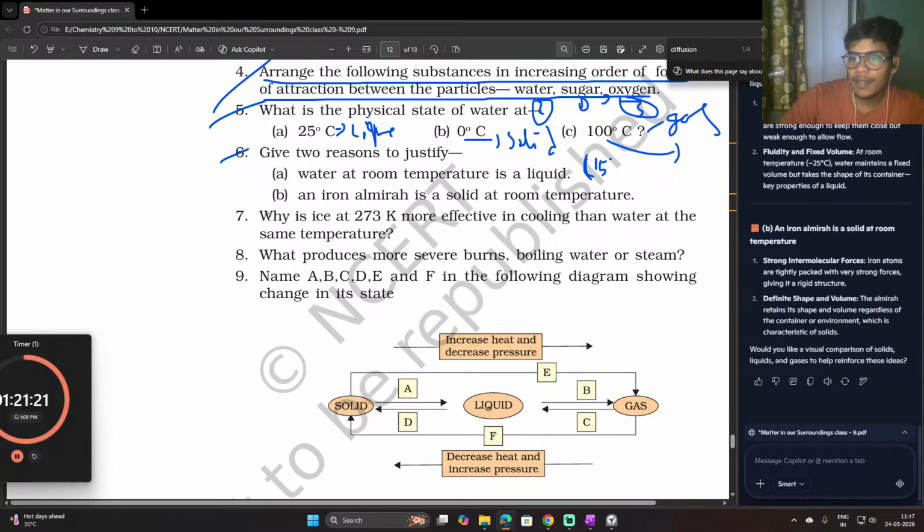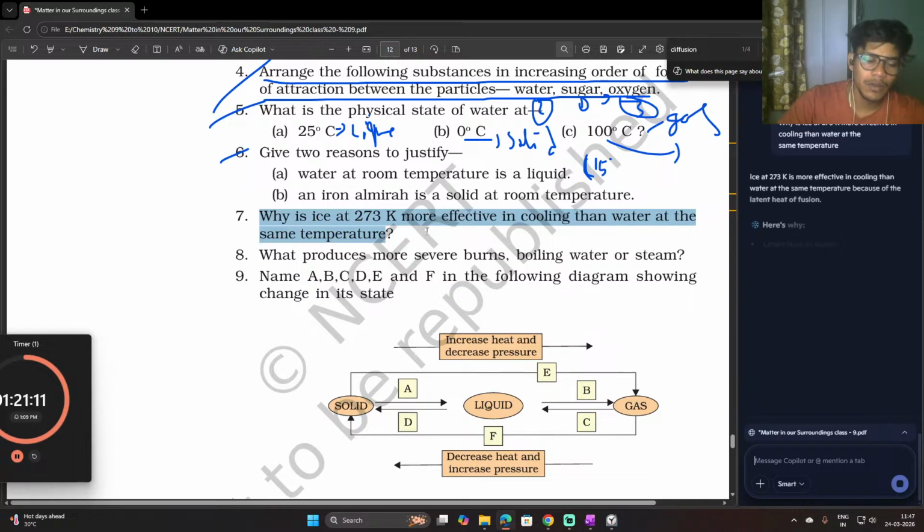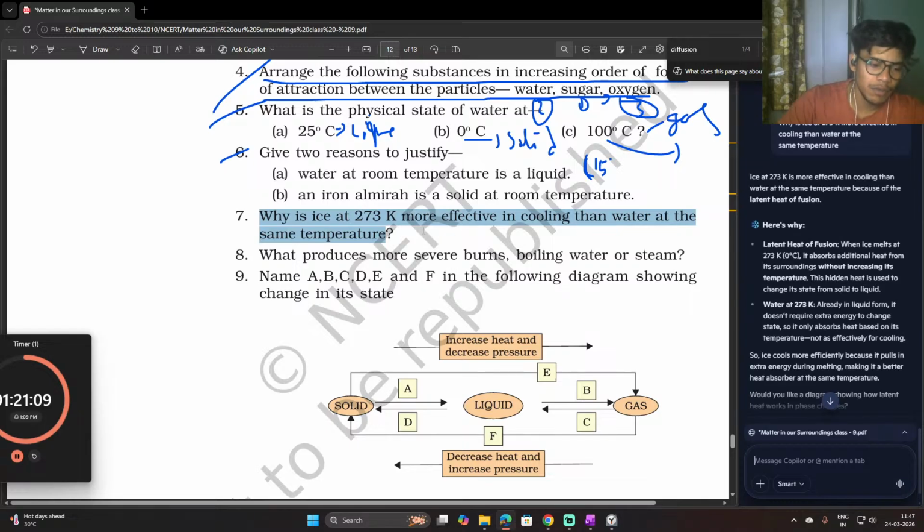What type of question are you asking? This is a... because ice cubes are cooler. Water at 273 K also became an ice cube. Water will become ice. So,